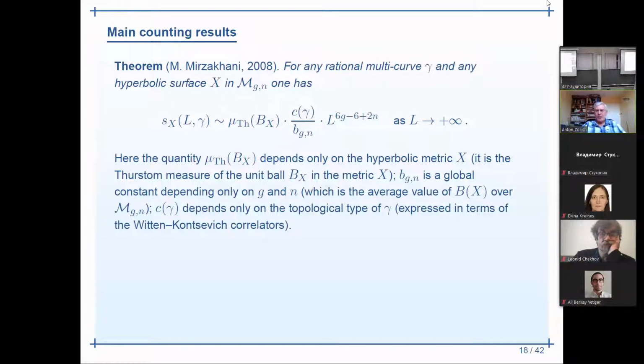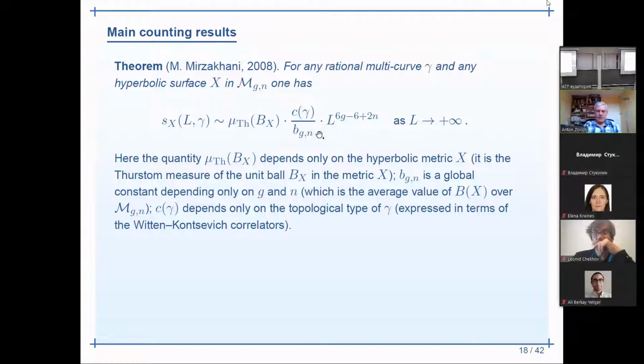So here we count very special closed geodesics, these simple closed geodesics. So the growth rate is exponential. Oh, sorry, it's polynomial, where the power is 6g minus 6 plus 2n, so it depends only on genus and n. And now what is particularly interesting in this story is the structure of the coefficient in this polynomial growth rate. So the coefficient can be split into